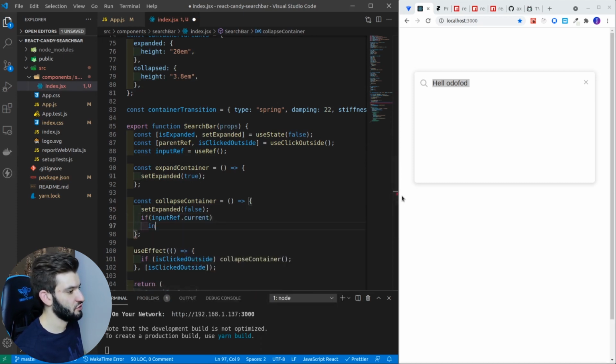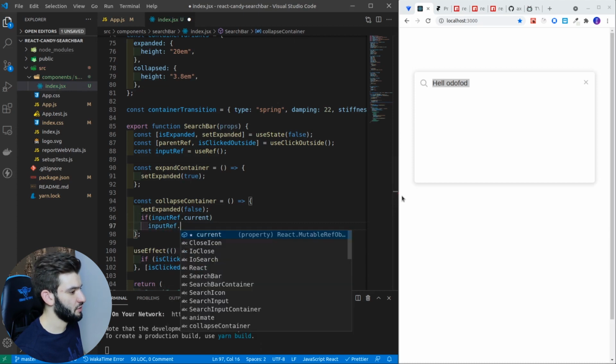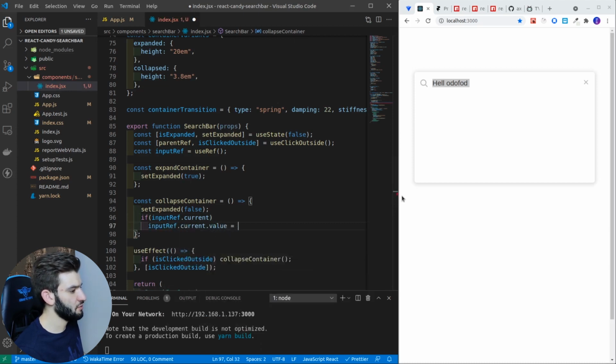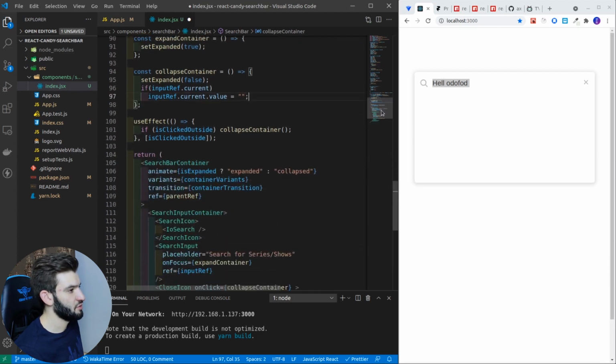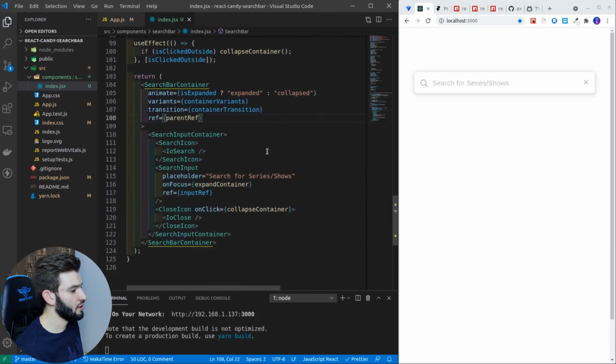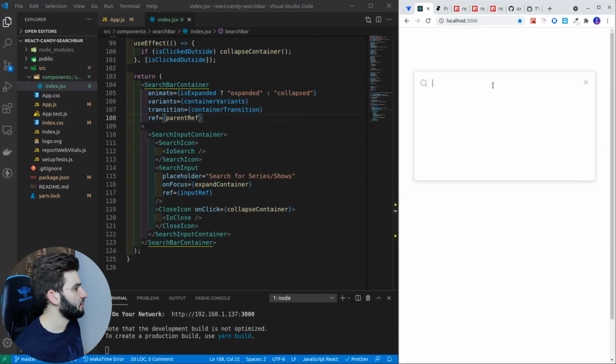All right, so I have to do a check first, and I do input ref current value equals 0, and that should clear the input for us pretty easily. Okay, so if we click on that, we type hello, and we click outside, that's going to be automatically done for us. And if you click on that cross, that's going to do the same thing for us,